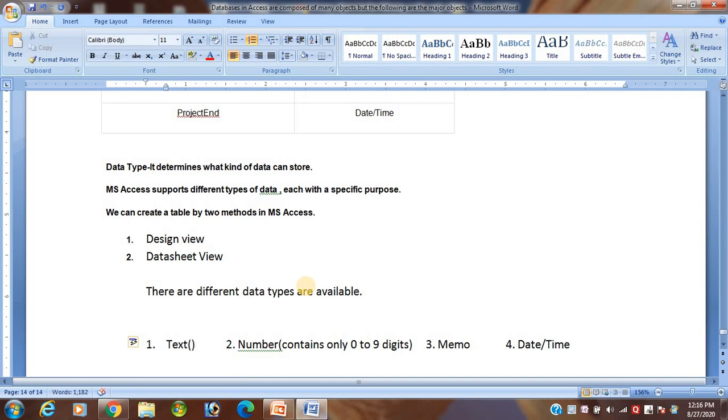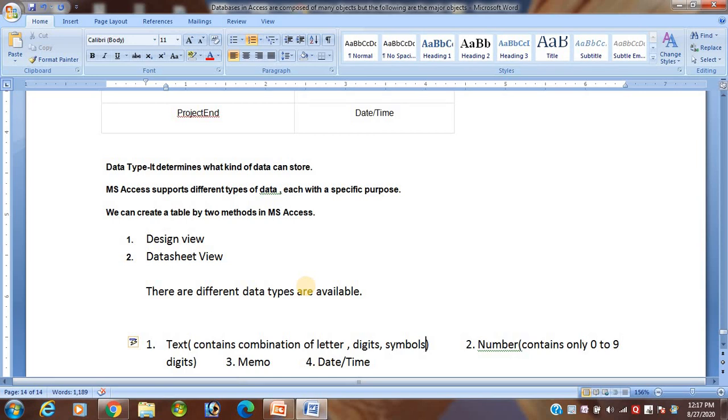The text data type contains a combination of letters, digits, symbols, etc. Just like an address.